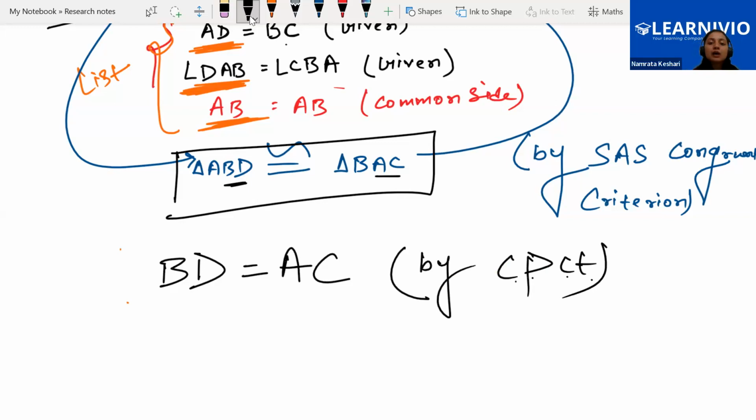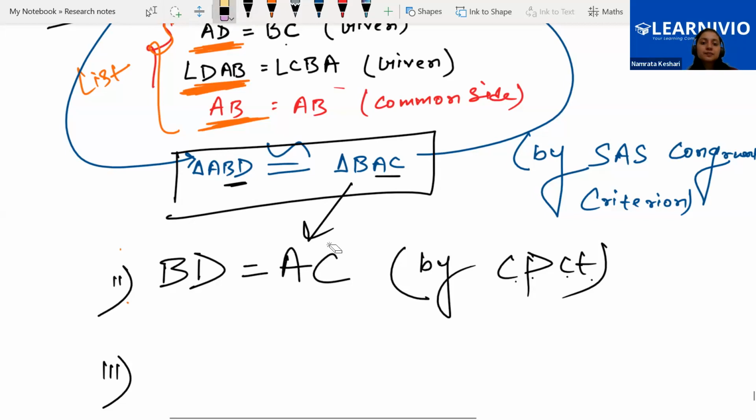Okay, now the second part we are done. We are done with the proof. Only one line we have to write and we are done. For the third part, this CPCT word you have to mention, so that it shows from where you are writing it. You are writing it from here. Okay, now the next part is